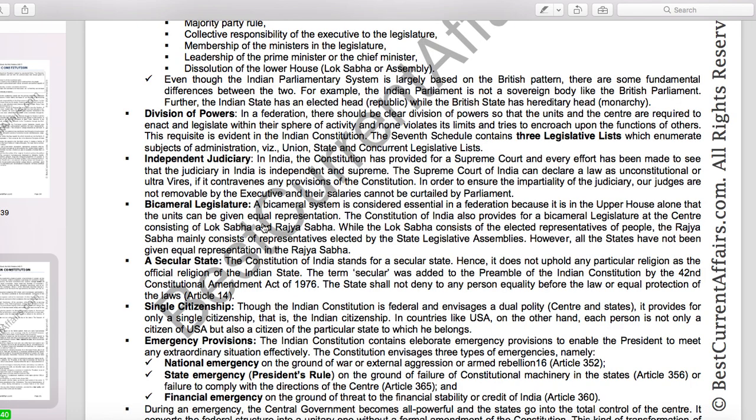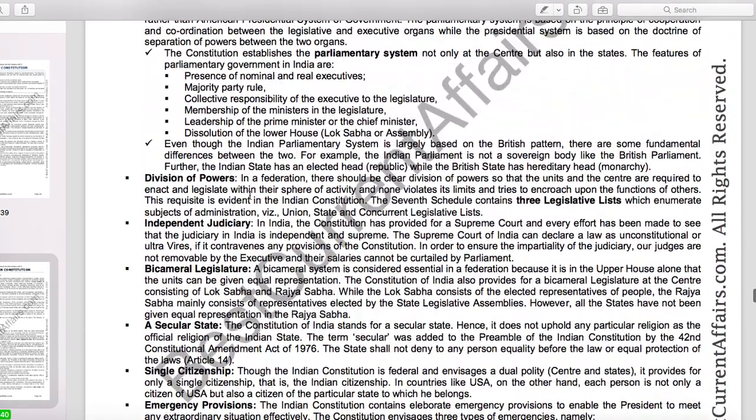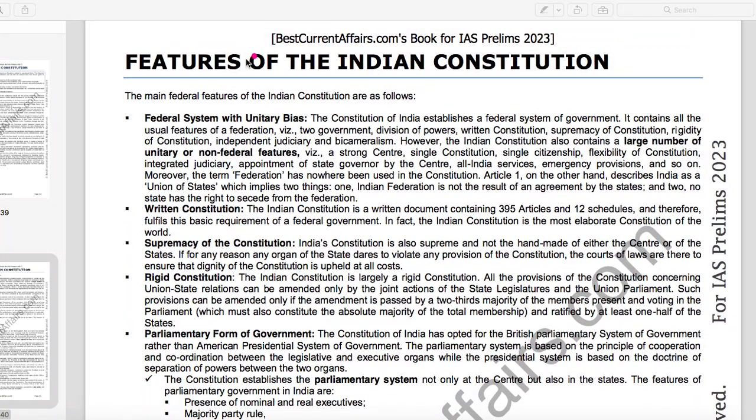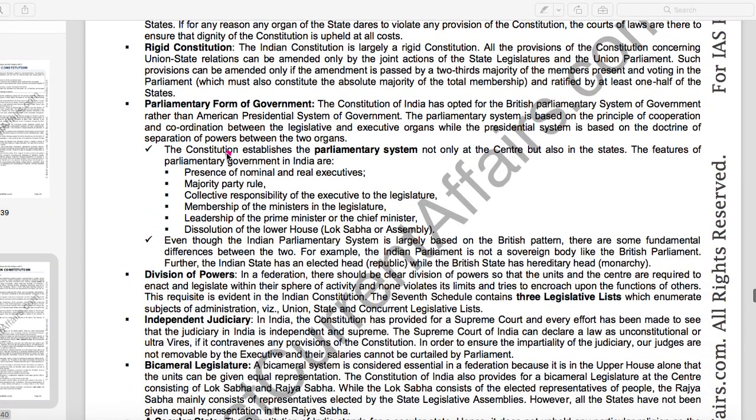Now see, this is our Indian polity booklet for Prelims 2023, page number 25. Now this chapter, features of Indian Constitution. Here it is clearly mentioned. Constitution establishes parliamentary system, presence of nominal and real executive, majority party rule, collective responsibility of the executive to the legislature, leadership of the prime minister,